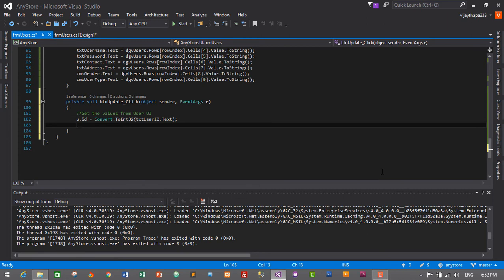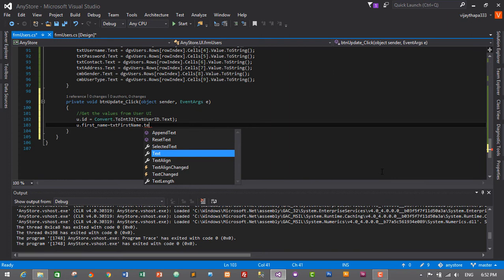Similarly, let's get the values from other input fields and add them into our user business logic layer: u dot first name is equal to txt first name dot text,